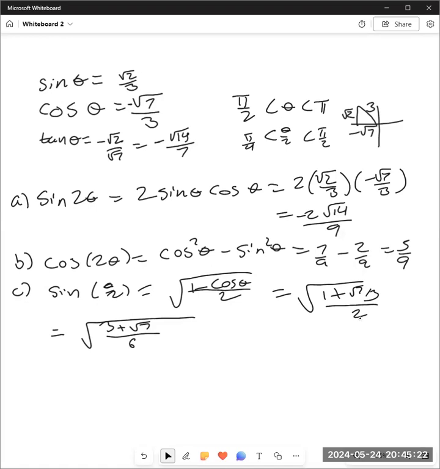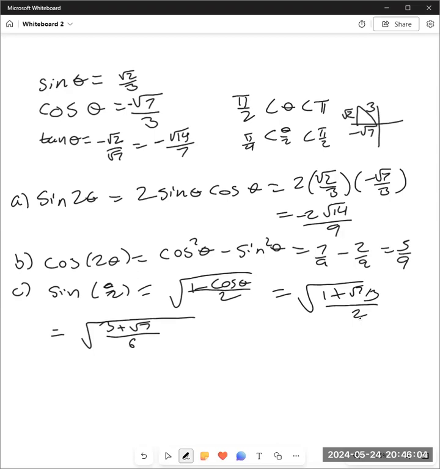square root of (3 minus √7) over 6. And I can leave that just like that for my math lab. Most of the time your teacher will want you to get rid of this denominator here. So you would want to multiply it by the first number that would make a perfect square there, which would be 6, and you'd end up with something like 18 minus 6√7, or something like that. But my math lab is going to be happy with this answer for C,